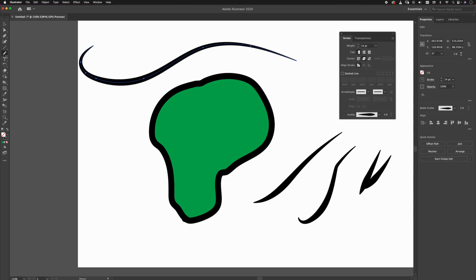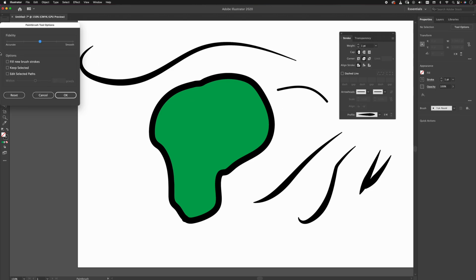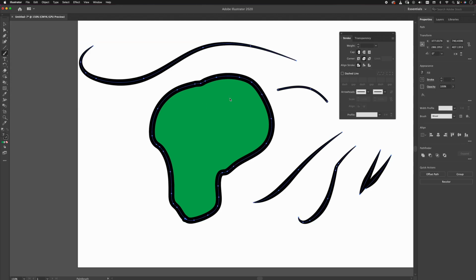If I do go to the brush tool, B for brush, and we start drawing, you'll notice that the stroke profile has kind of disappeared in favor of an actual brush stroke, and we'll talk about that in a moment. The thing that the brush tool doesn't have is it cannot close that shape, and it doesn't have a smoothing option on that. But other than that, that is mostly accurate. All right, let's have a quick look at